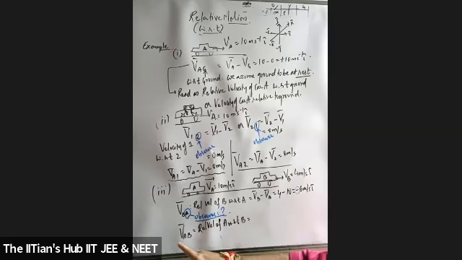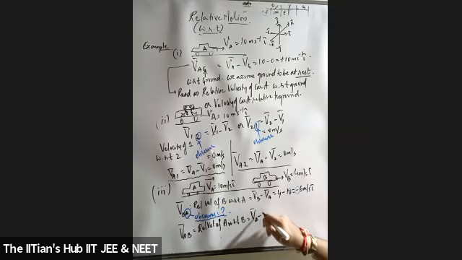Now suppose I say relative velocity of A with respect to B, so what exactly would the answer be? You'll say, sir, this will be VA minus VB. What is the answer for this? 6 meters per second. So the answer is +6. And here the plus and minus are very important, students. So this is VA minus VB.